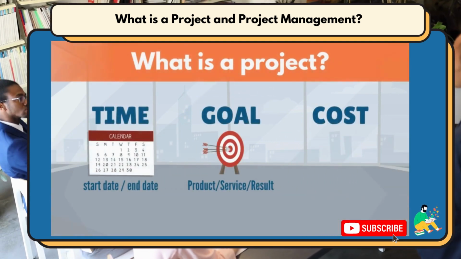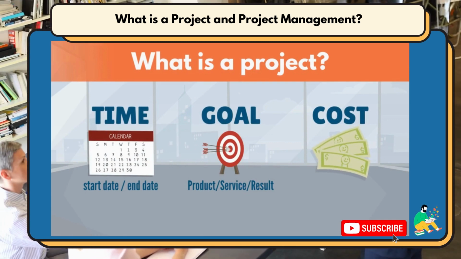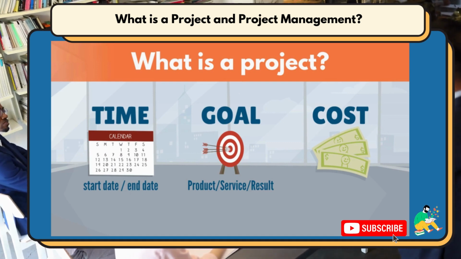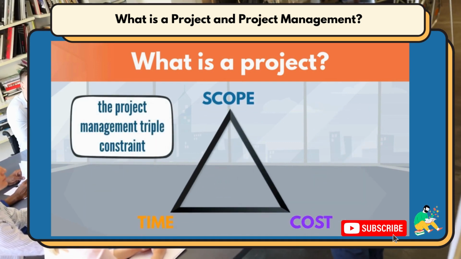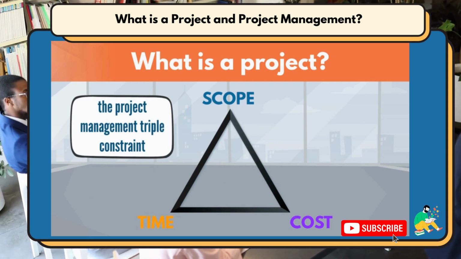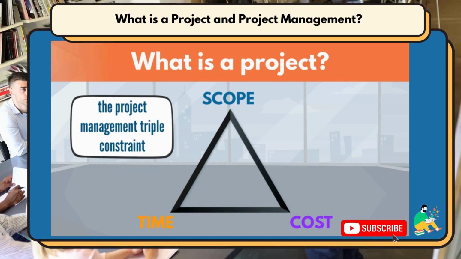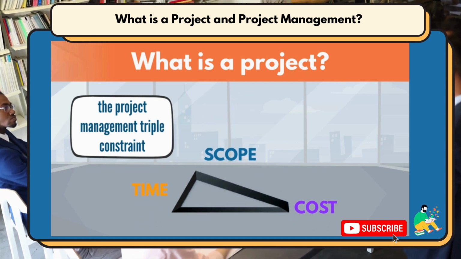The third key attribute is cost, which is the resources specifically dedicated to accomplishing the goal in mind. These three attributes form the project management triple constraint. Time, scope, and cost are dependent on each other. After determining them at the start, if one of them changes, it will trigger a change in one or both